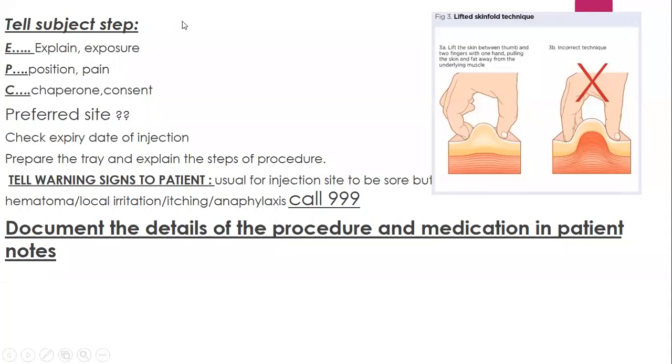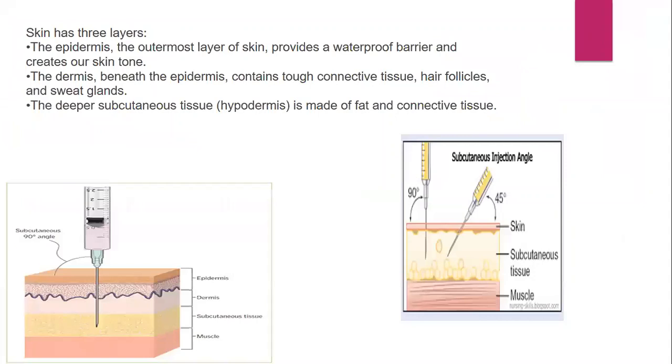And in this figure, you can see the proper technique of subcutaneous injection, how we will pinch. When we are pinching at the proper site, then obviously there is very little chance to reach the muscle layer. But still, if your pinching technique is proper, then you will not get any muscle layer. You can look at the picture and imagine, or you can try on your hand to pinch in a way that you only get the subcutaneous fat and don't reach the muscles. Okay, and that's the last slide I already covered. Any questions so far?